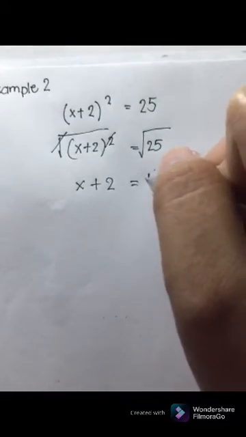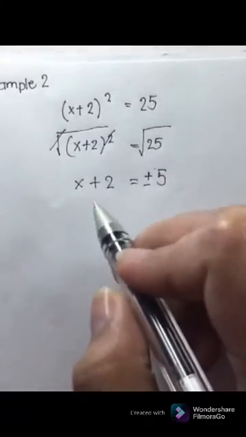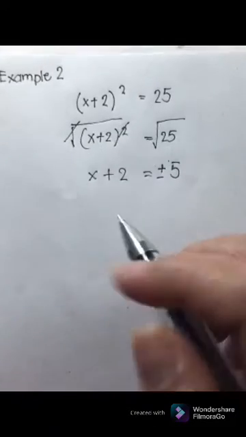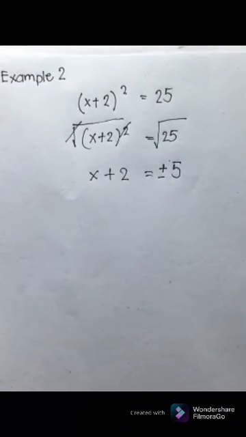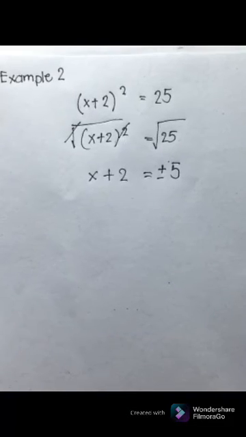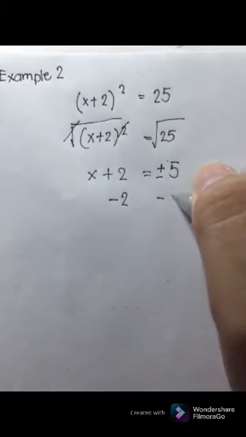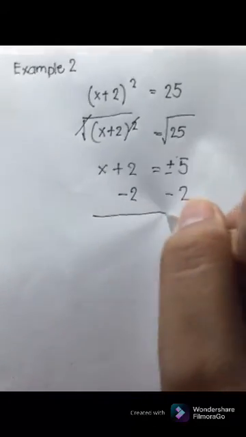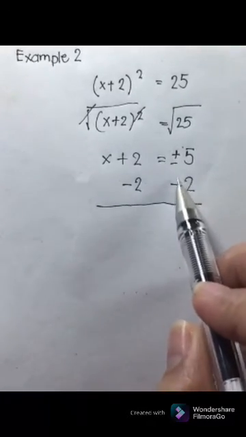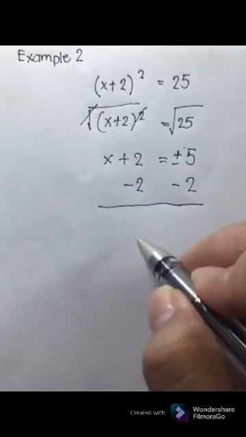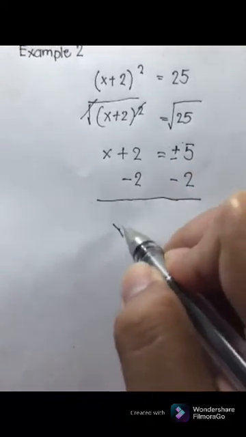So that means that will be positive or negative 5. Okay, since we still have here a constant, positive 2, again, we're going to get the additive inverse of positive 2, that will be negative 2. So negative 2 and negative 2. That will be, so we will have two answers here because we have positive and negative 5, plus and minus. So that is, if the remain here is x,